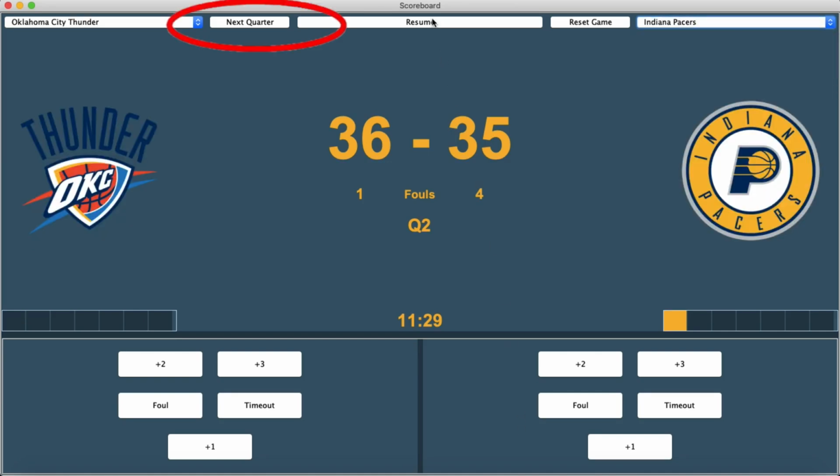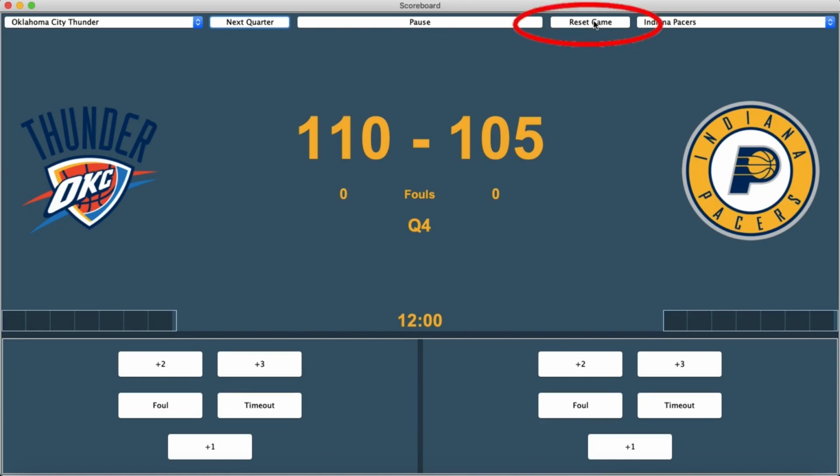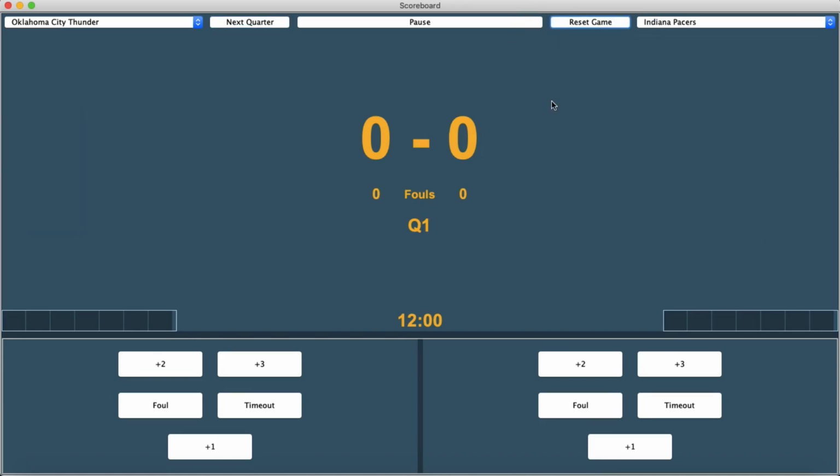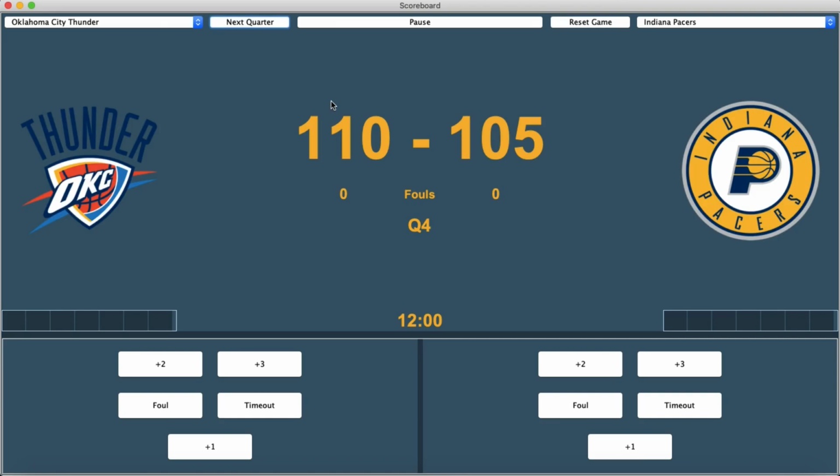Here is the next quarter button, which you will see when pressed resets the timer to 12 minutes and updates the display. At the end of the fourth quarter, the user can either select to reset the game, which will set everything back to 0 and also get rid of the team logos on the screen, just like when the app launches, or they can go to overtime by clicking next quarter once to go to OT1 and once more